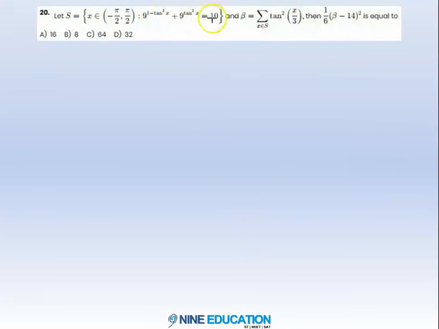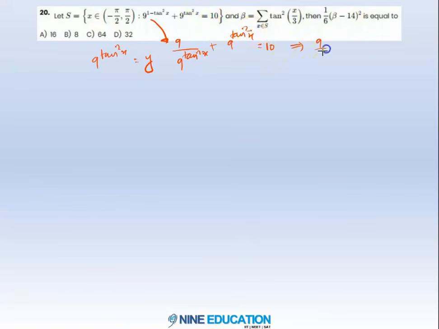Question number 20, we have a set where 9 power 1 minus tan square x plus 9 power tan square x should be equal to 10. Satisfying this, we have to keep x values, and that also from minus pi by 2 to pi by 2. And there is a beta expression based on which we have to find 1 by 6 times beta minus 14 whole square. So let's put 9 power tan square x as y, written as 9 by 9 power tan square x plus 9 power tan square x,